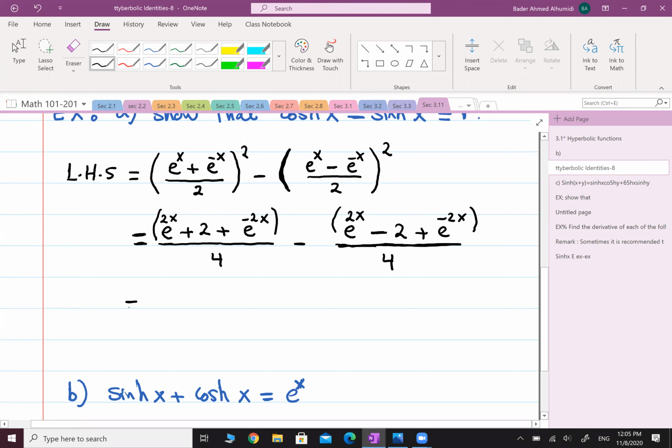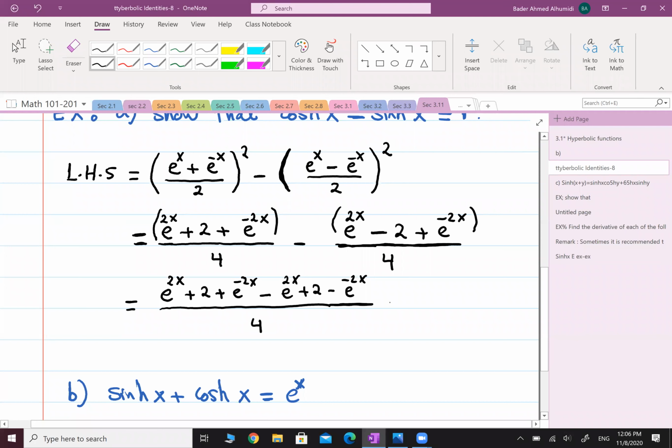So let us simplify now. It will be e to the power 2x minus e to the power 2x. That is 0. Okay, let me write it down here. It is e to the power 2x. I will write all of them in one fraction. So this is plus 2 plus e to the power minus 2x. Then I have minus e to the power 2x plus 2 minus e to the power minus 2x, all